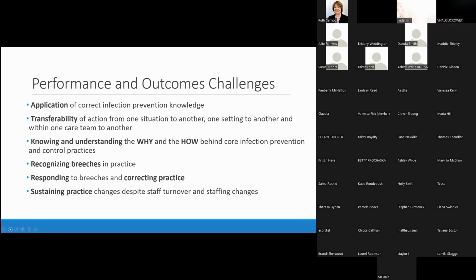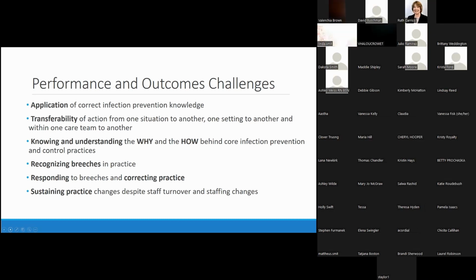And then if we understand the why, we're able to recognize breaches in our practice. This can then lead to very important discussions, because if staff don't feel supported to perform their roles properly and safely, this could be one staff member speaking up and saying, I feel that we don't have hand sanitizer, we do not have soap every time in all the bathrooms. Those are important things, because we know hand washing is the single most important thing that we can do to prevent the spread of transmission of